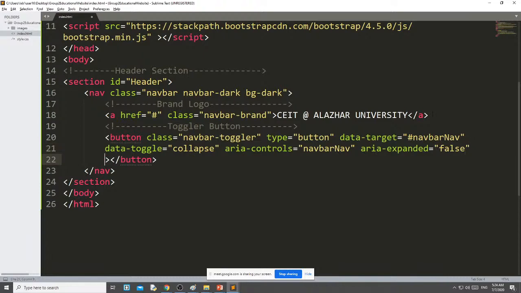Then the last one, aria-label equal to toggle navigation.